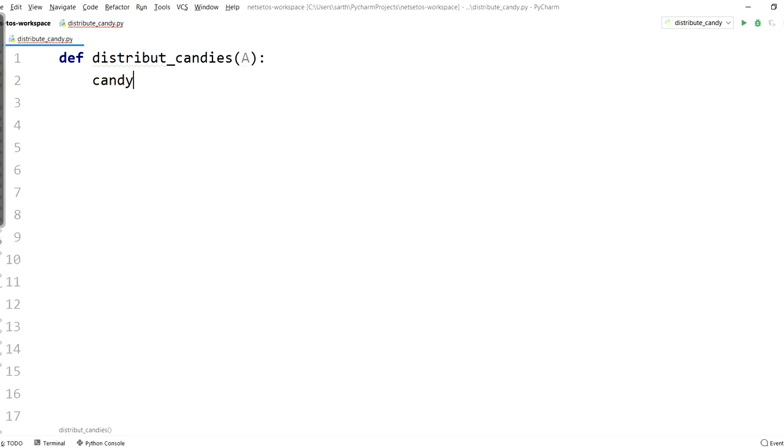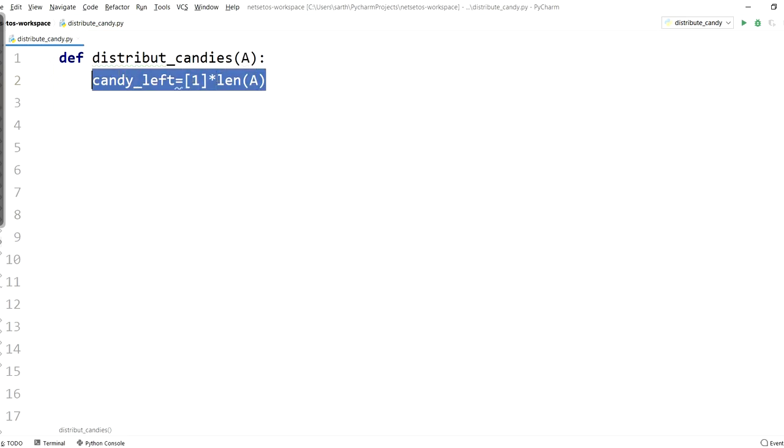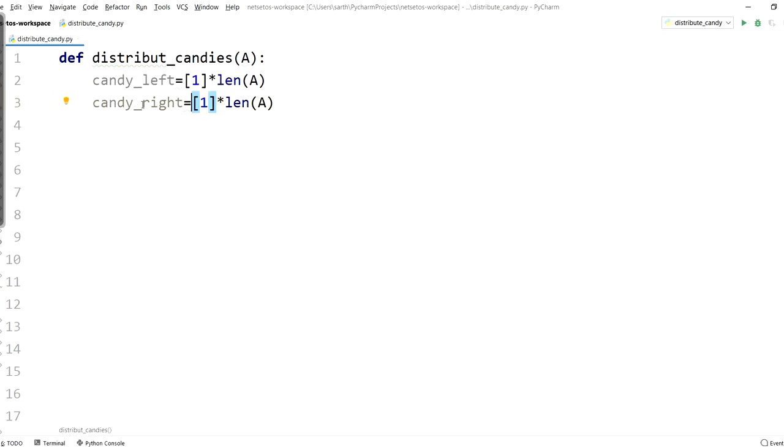So I'll write candy underscore left, and initially I will have 1 candy for each child, so this will be 1 into len of A, with the same size. Similarly, I will have candy right, for which I will compare each child rating with respect to the right neighbor.